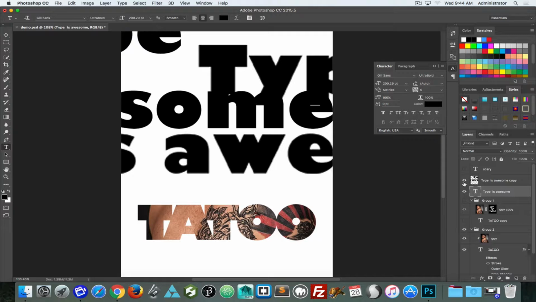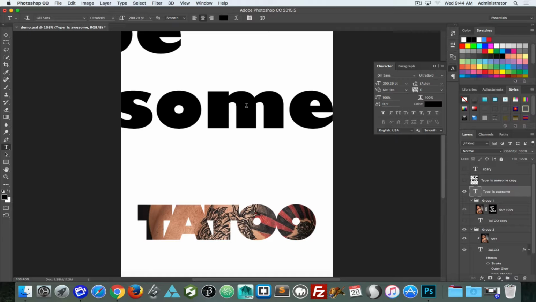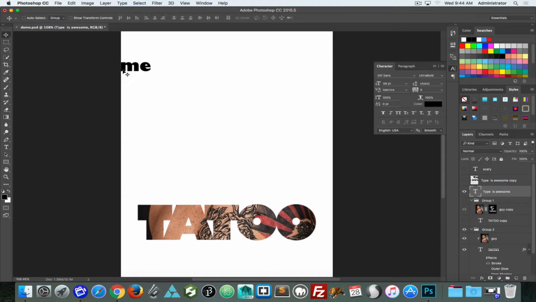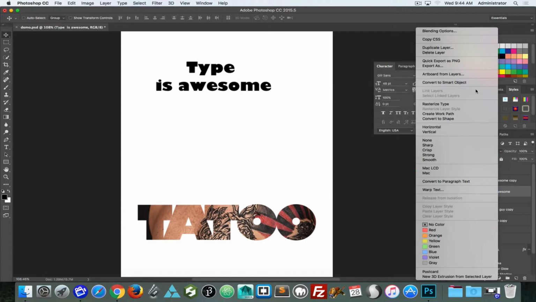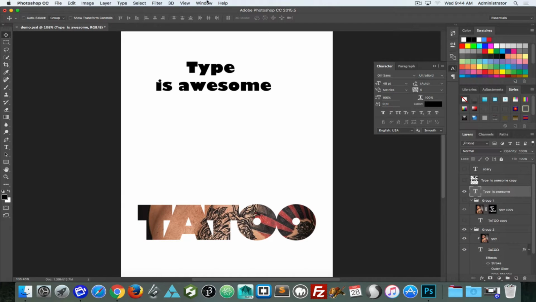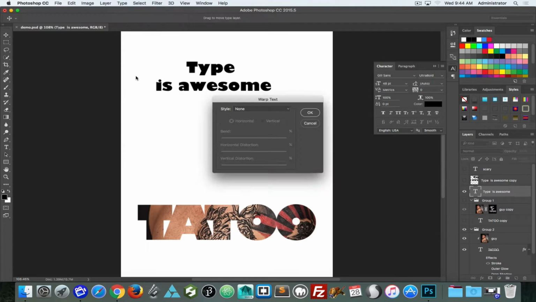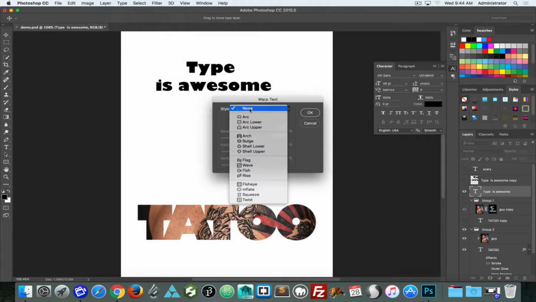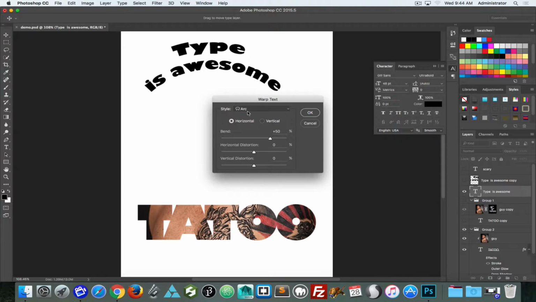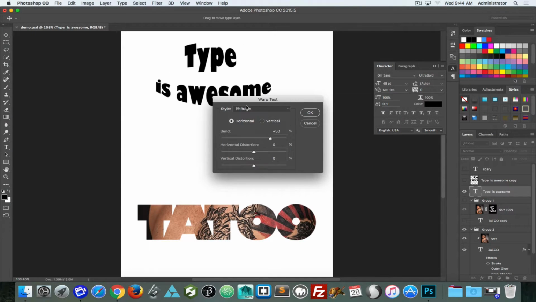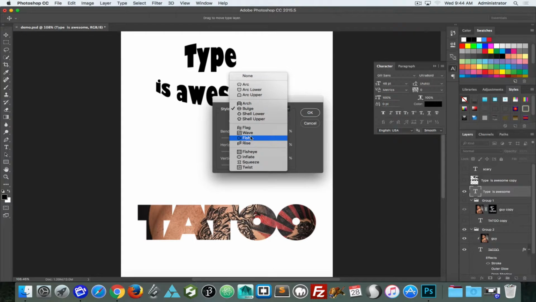When we have our text on screen, and now that I lowered the resolution, I need to make it fit a little bit better on screen. When I have that text, if I right click, we'll see there's an option for warp text. And if I go under the Type pull down menu, we will see there's an option for warp text. When we choose warp, we will see that we have certain options available to us to do obnoxious distortions to